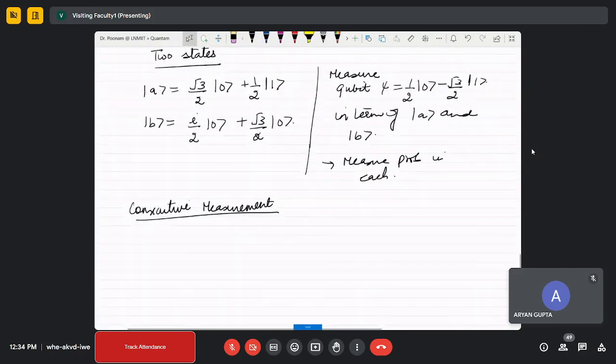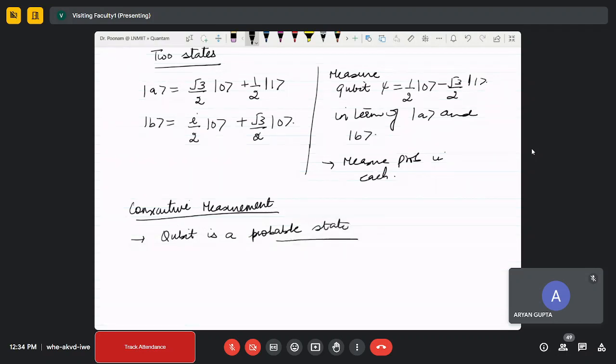So normally qubit is a probable state. Normally we say it is this configuration, that means it is the finding probability on this axis or on this